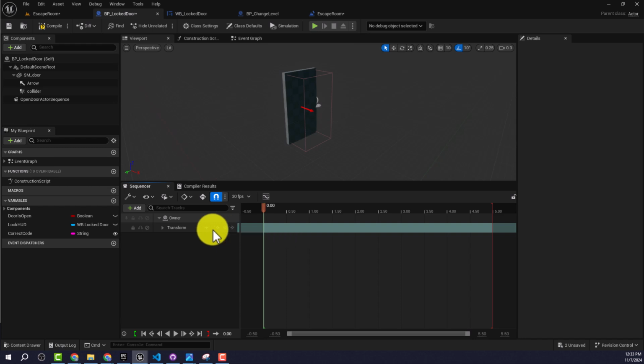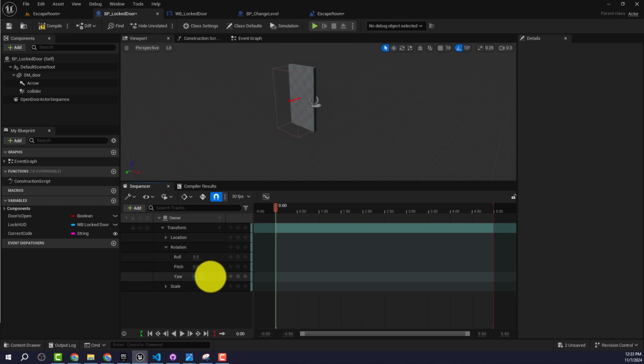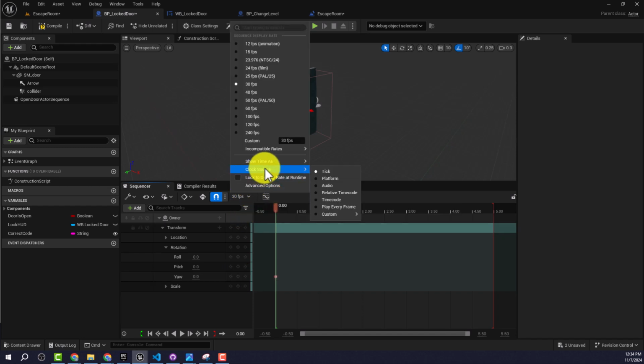From there, we're going to expand it, open the rotation, and we're going to use the yaw to make the door open and close. To begin, we want to add a new keyframe at this moment, and we want to make sure that we are in show time as seconds, so we know how long we have until the door